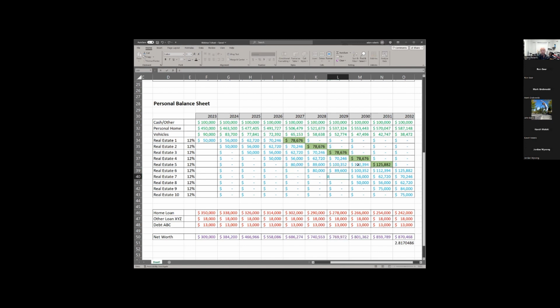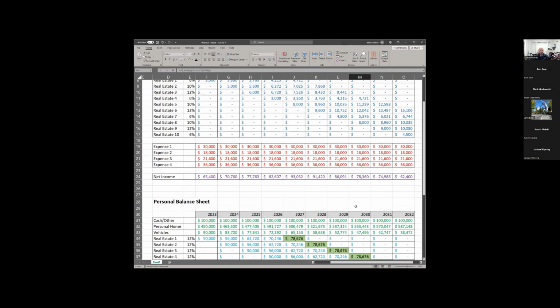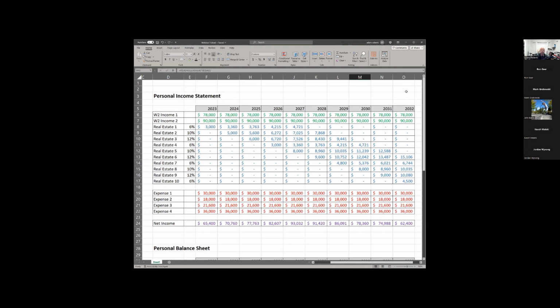This could be 80. And you can just kind of see what your reinvestment strategy would look like. Yeah, it just keeps getting better and better. So yeah, I'd love to send this out. Please shoot me an email or a text or LinkedIn, if you want this, happy to share it.